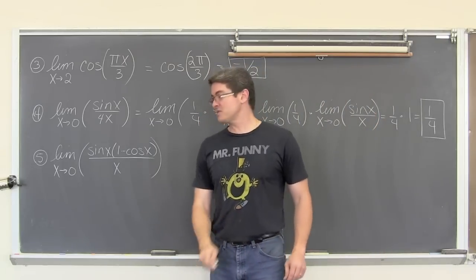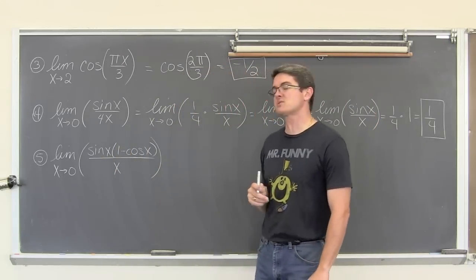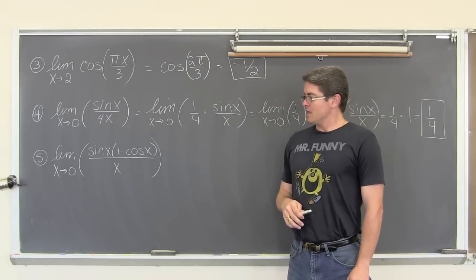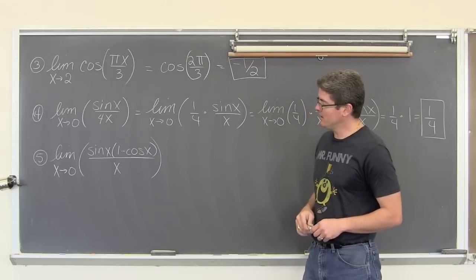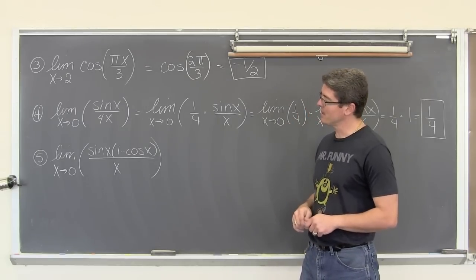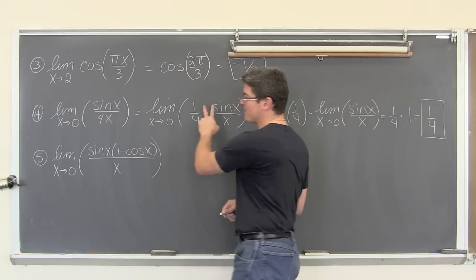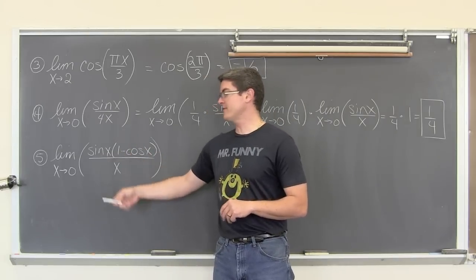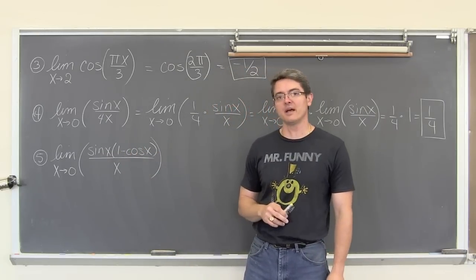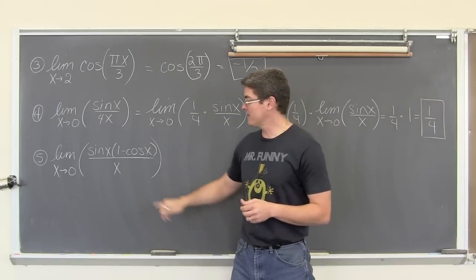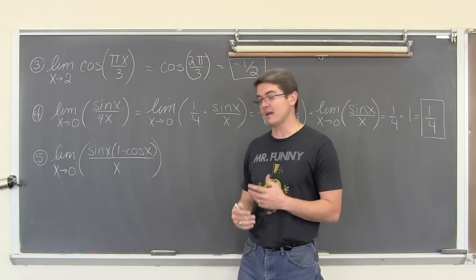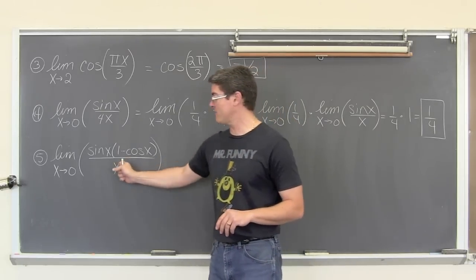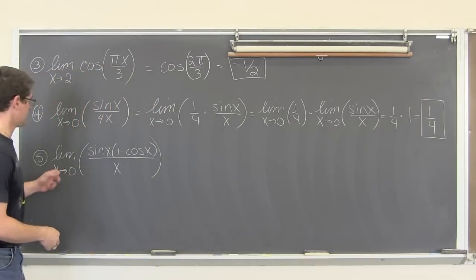The limit as x approaches 0 of sine of x times 1 minus cosine of x over x. That doesn't look like what I had on the previous two introductory panels either. So I'm going to do something similar to what I did with number 4. I have two factors in the numerator, sine of x times 1 minus cosine of x, so I'm going to pull that multiplication apart. In the denominator, I just have 1x. It could be x squared, and both factors would have an x in the denominator, but I only have 1. So this is going to be expanded to look like this.